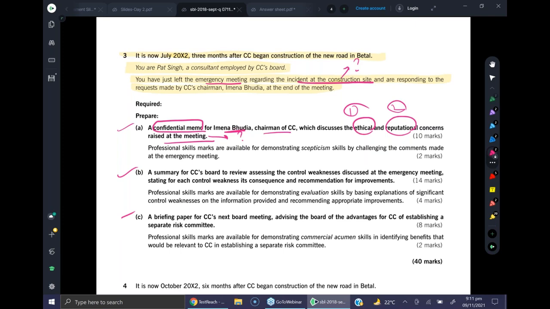How many points? 5 points minimum. Professional skills marks are available for skepticism by challenging the comments made at the meeting. So I will have to challenge the comments made at the meeting about ethical and reputational issues. Okay, I will do that later. But I know for sure that there is some material I'm going to get in the exhibit with the emergency meeting discussion. Requirement B is